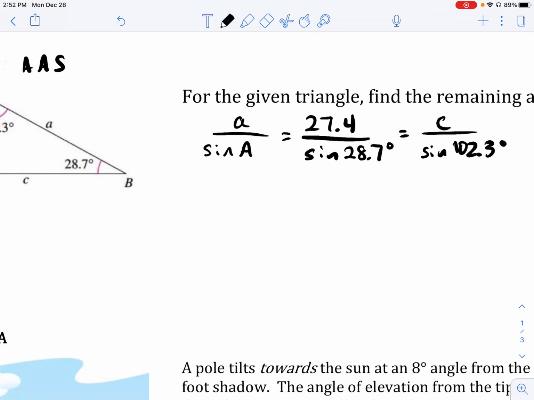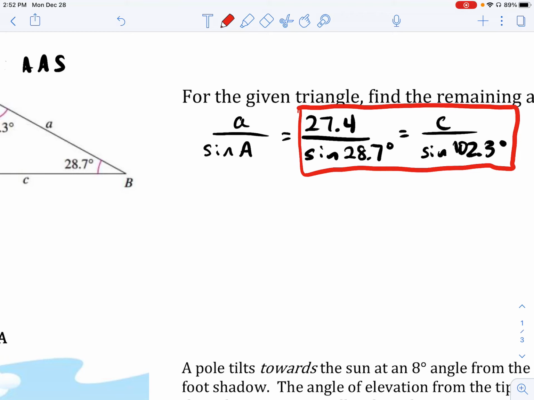Let's just go ahead and start with side C, because we at least know what angle C is. So I'm just going to go ahead and box this to indicate I'm going to focus on this for now, and I'll stay in red. So let's just solve this proportion here. 27.4 over sine 28.7 is equal to side C over the sine of its opposite angle, 102.3 degrees. So I'm going to go ahead and bring this down here, and we're just going to go ahead and cross